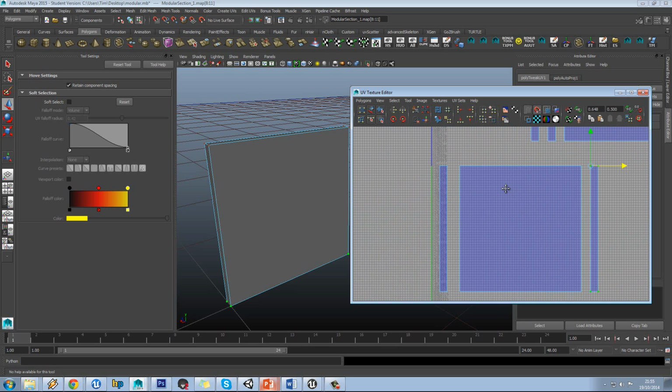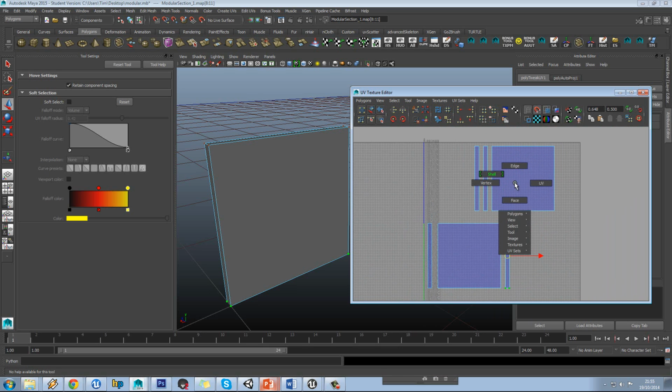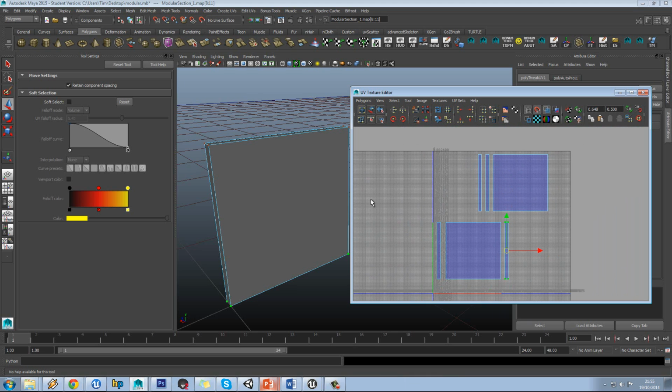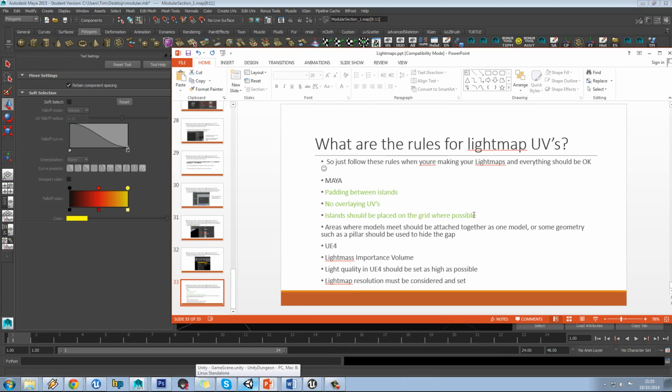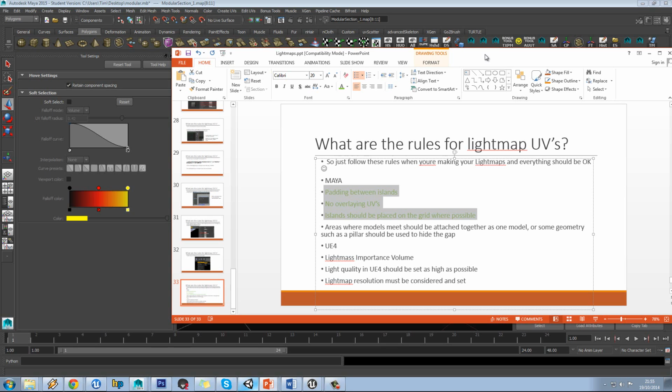And I'm leaving just 4 grid spaces in between. Okay, so now if we just check our Lightmap rules, you can see we've done these 3 fine now. Now another one we're going to deal with is this one, but first of all we're going to do all